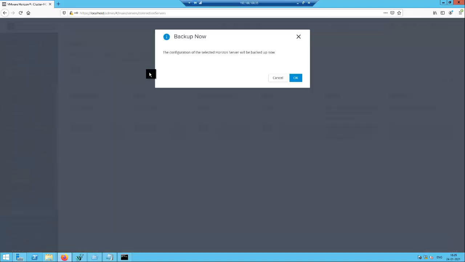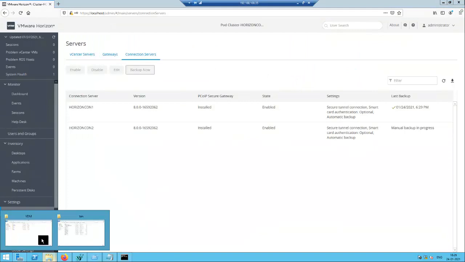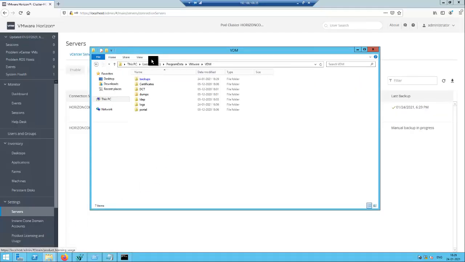Backup now. Just go to here, this is the path to the backup file. Under the backup folder you can see the backup files here. Yeah, so we have taken the backup. This is a timestamp, you can verify it once.